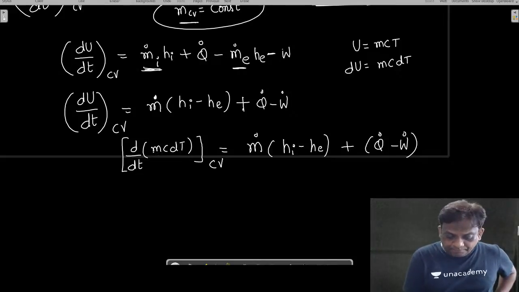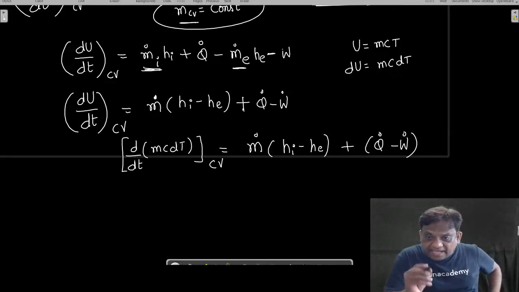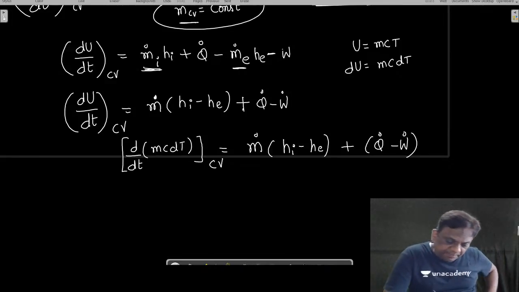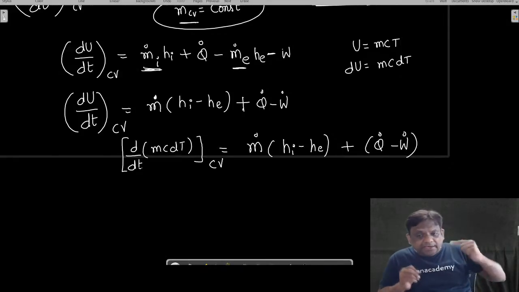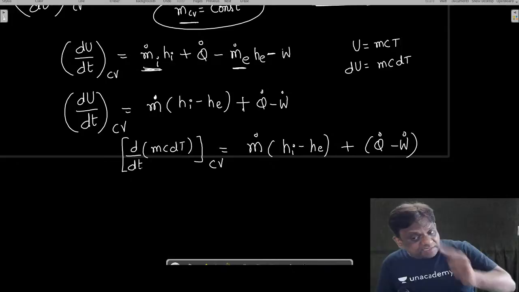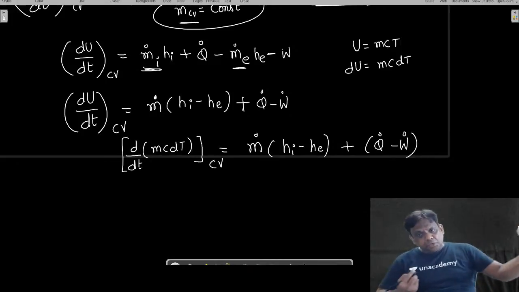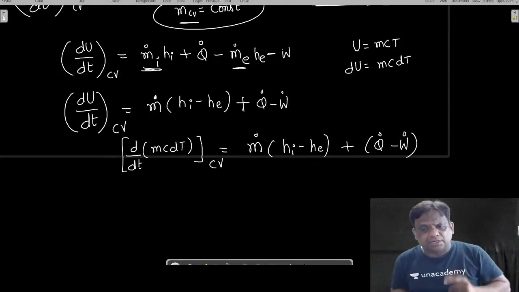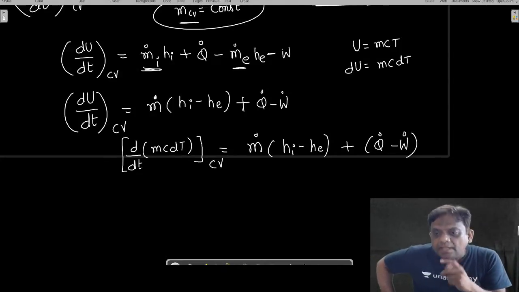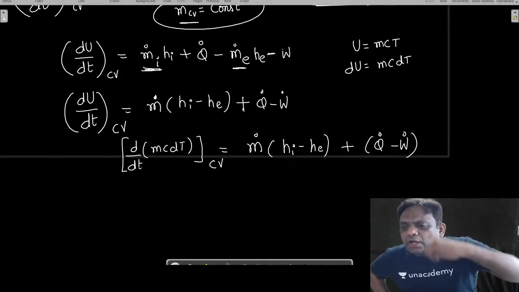Mass is constant. See, already you know that is the control volume mass varying with time. Listen carefully, this is a beautiful analysis. Is the control volume mass varying with time? No. Why is it not varying? See, control volume mass is not varying because 270 is entering, 270 is leaving. So what is happening to the mass in the control volume? Is it constant or varying with time?